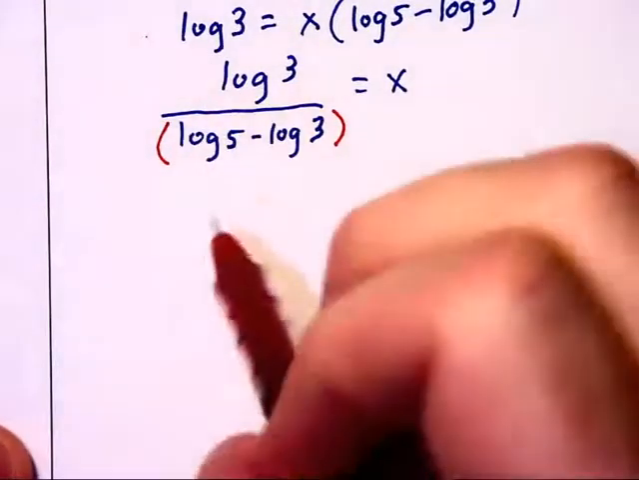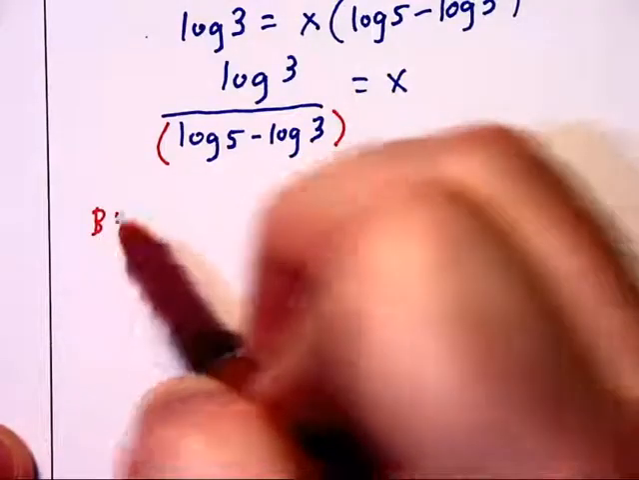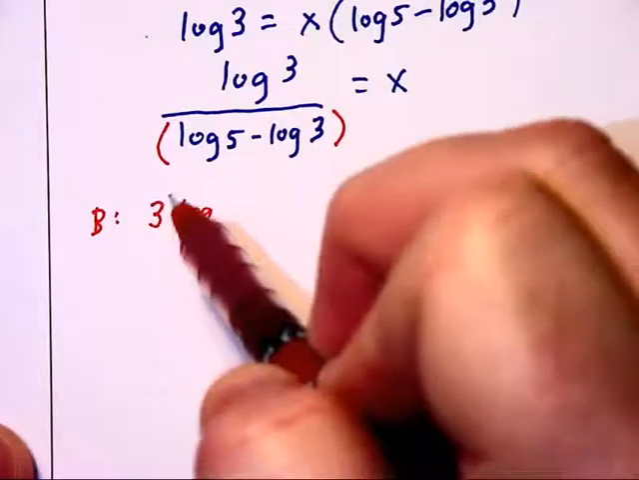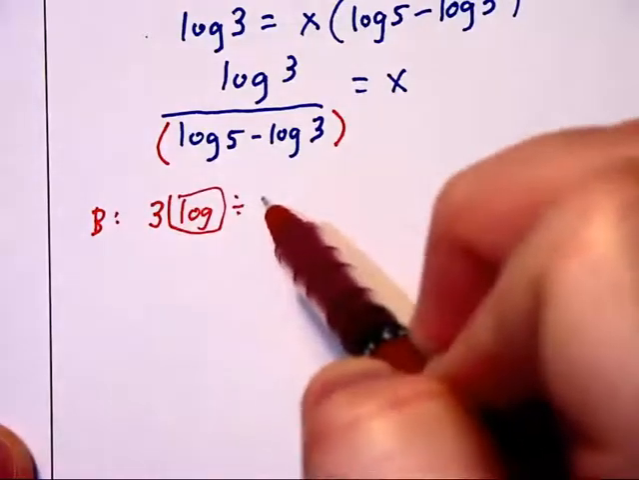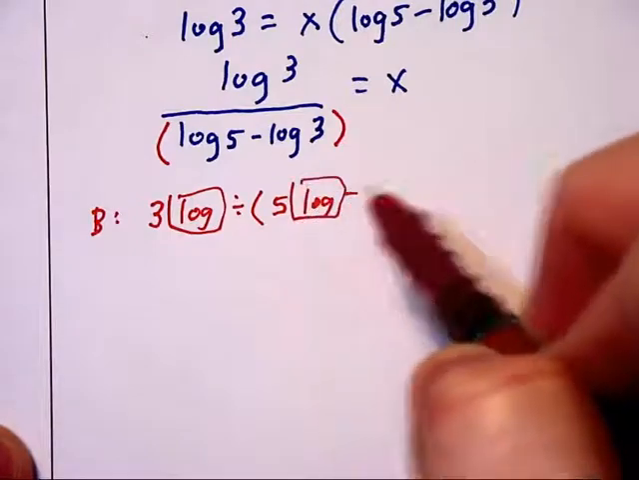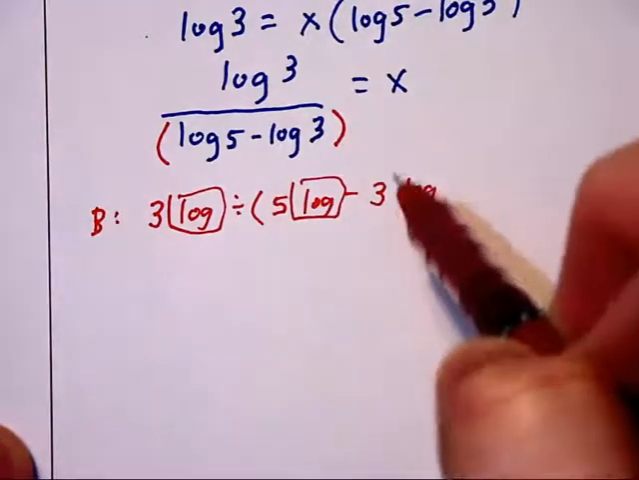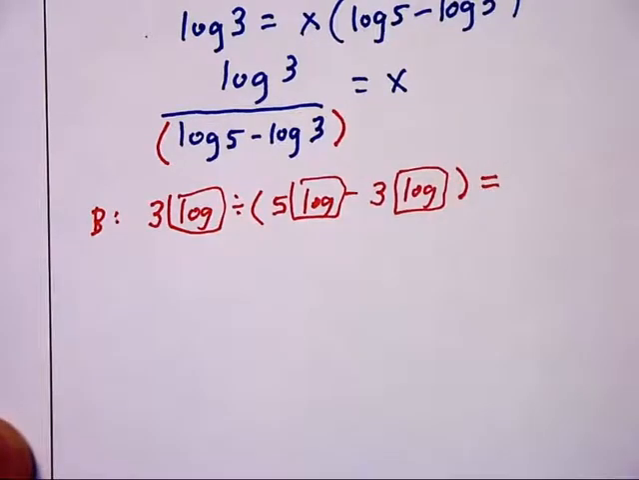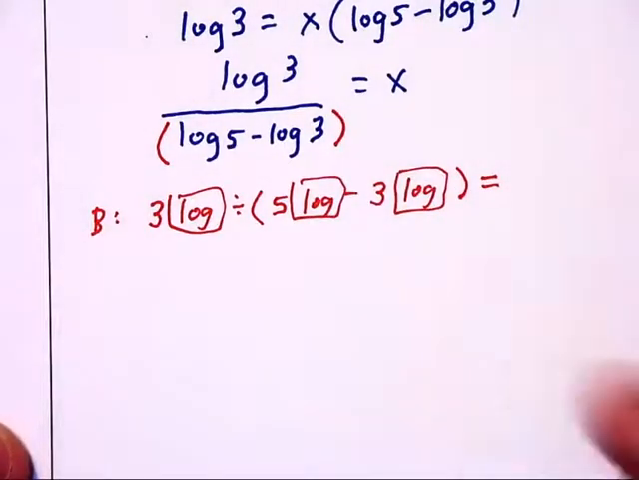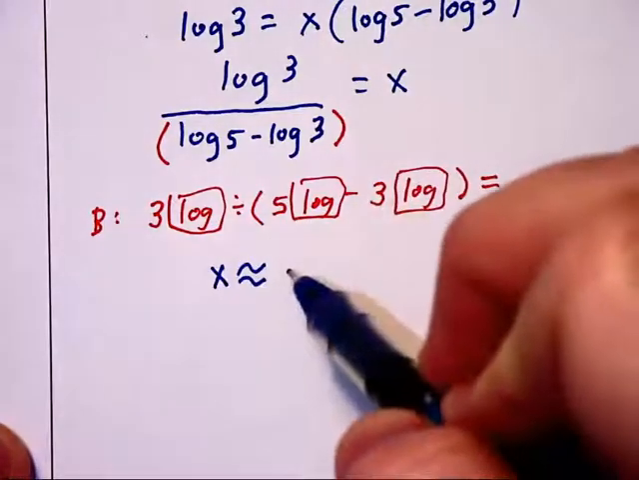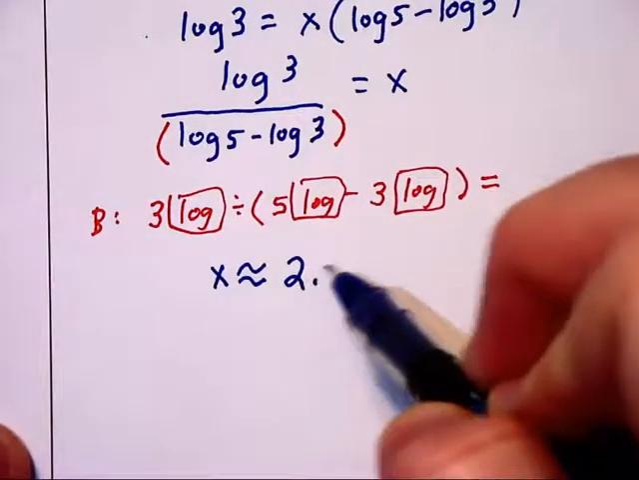If your calculator works backwards and you have a different sequence, you would be typing in 3, hit your log key, divided by open parentheses, 5, hit your log key, minus 3, hit your log key, close parentheses, and then equals. If you've got a forward calculator, no problems at all. Please check that you can get the same answer here that I have, which should be approximately